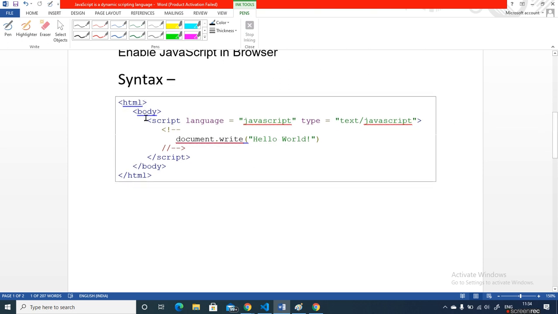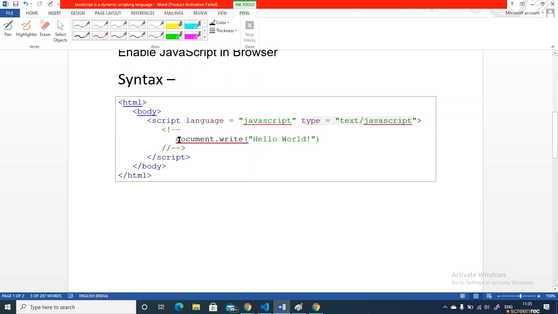Okay, so as I have explained, we add the script either in the body or head tag. Here in the script tag, they added language JavaScript, type JavaScript. Either way, the browser automatically understands that the content inside is JavaScript only. Language JavaScript, type text slash JavaScript says that whatever is written is JavaScript, like in CSS we say rel equal to stylesheet. Same way here we say language JavaScript and type text slash JavaScript.